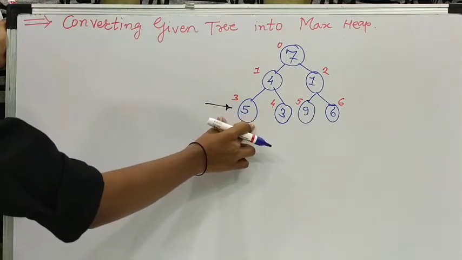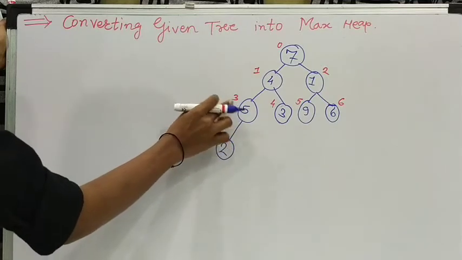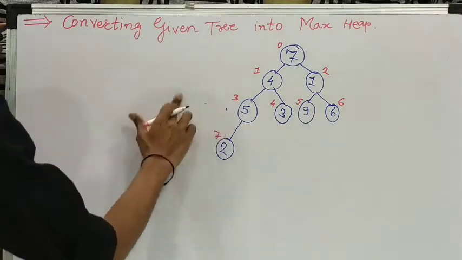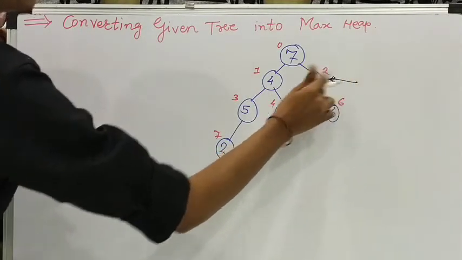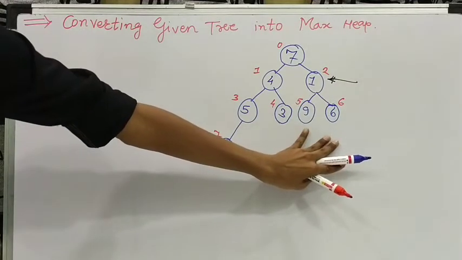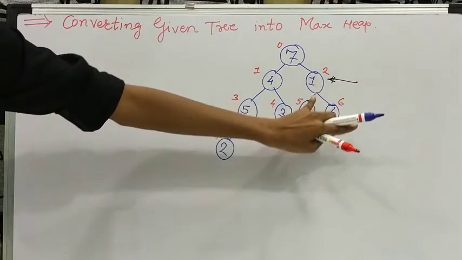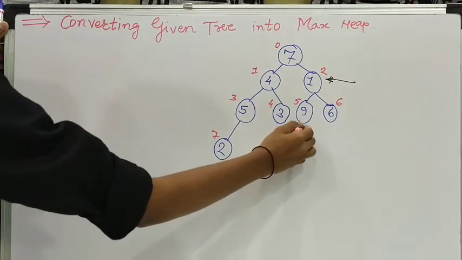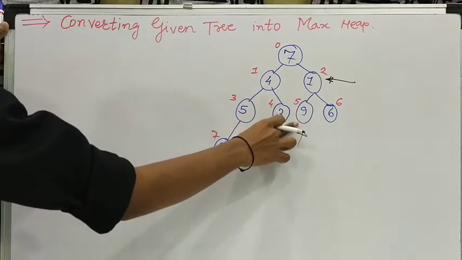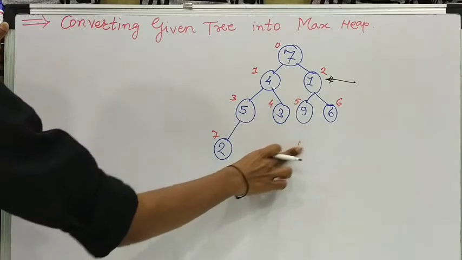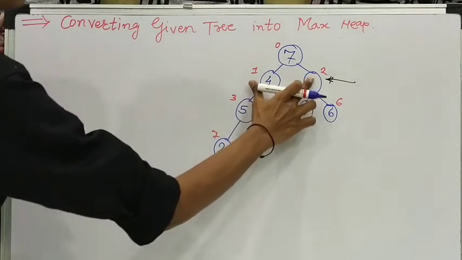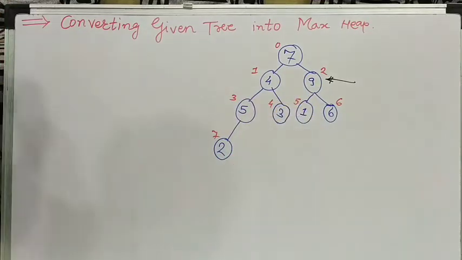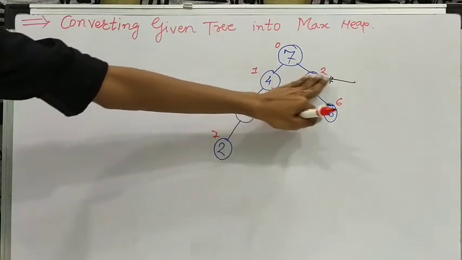Now we have to decrease the index value. Here it's 3, now we will go to 2. After going to index 2, we have to compare this value with its child nodes and swap it with the largest value. Between these two children, 9 and 6, the 9 is larger. So we will swap the value of this child node with its parent. Now after swapping, I have 9 as the parent and 1 as the left child.